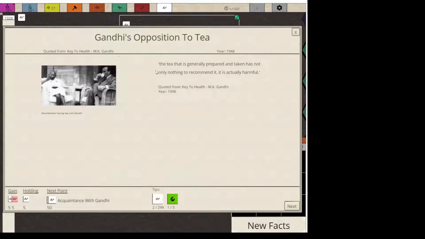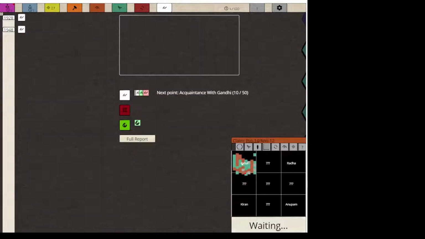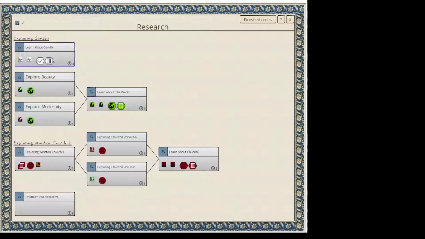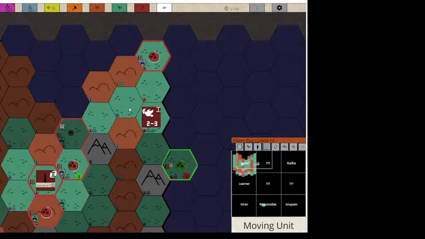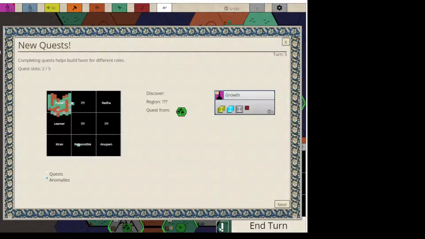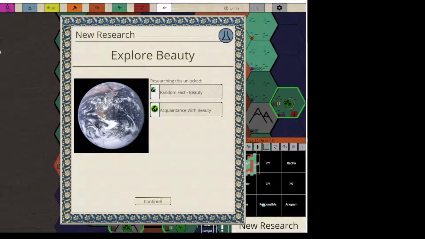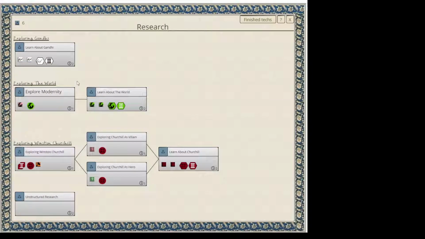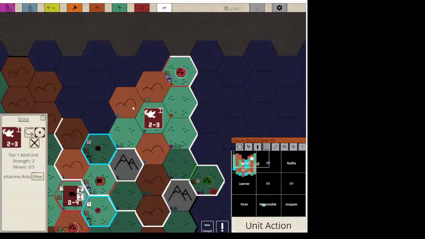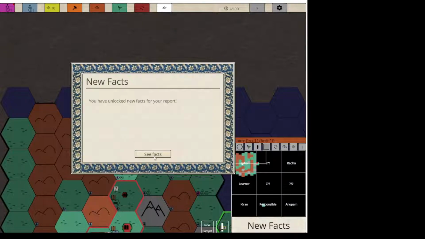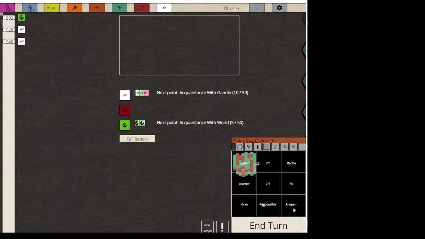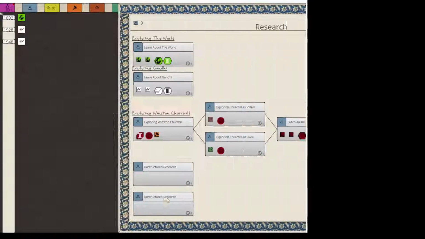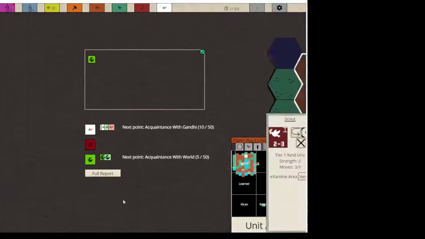And I unlocked another fact, Gandhi's opposition to tea. It's a little bit of a joke. Some of these facts are done fairly humorously because one of the goals of this game is to work against great man theory, because that's something that's endemic to Forex games, to many games, and to many history books as well, where they view history as the actions of a few great people. And I also wanted to undercut the authority of myself while doing this. I wanted to push back a little bit against the authority of the game and the game maker and the systems of the game. So some of the facts are small jokes